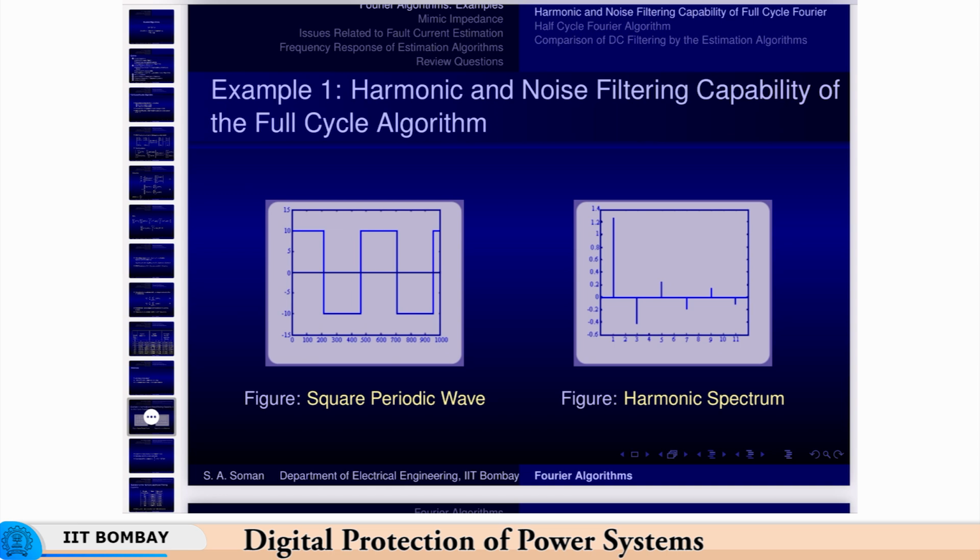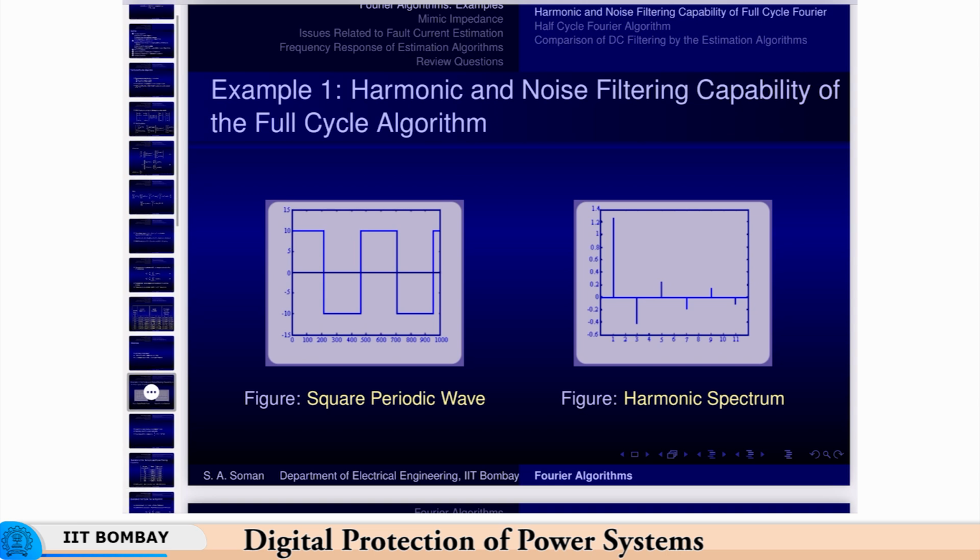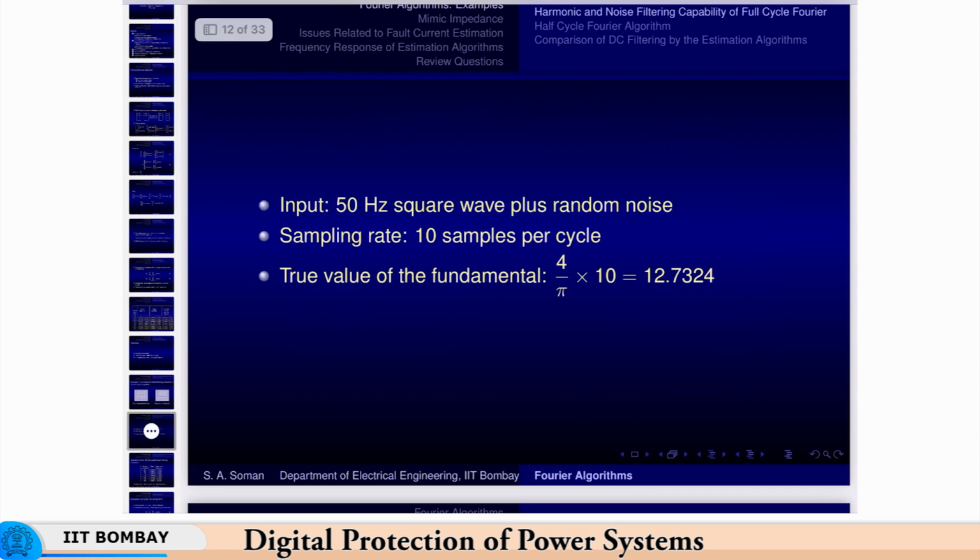So, this is a square periodic wave. The amplitude is 10 here. You can see in the waveform that is there in the figure. You are aware that a square wave will have odd harmonics, the first, the fundamental component, the third, fifth, seventh, and so on and so forth. Okay. So, let us have a look at the harmonic rejection capabilities now. We expect that the true value of the fundamental is 4 pi by 10. We know this